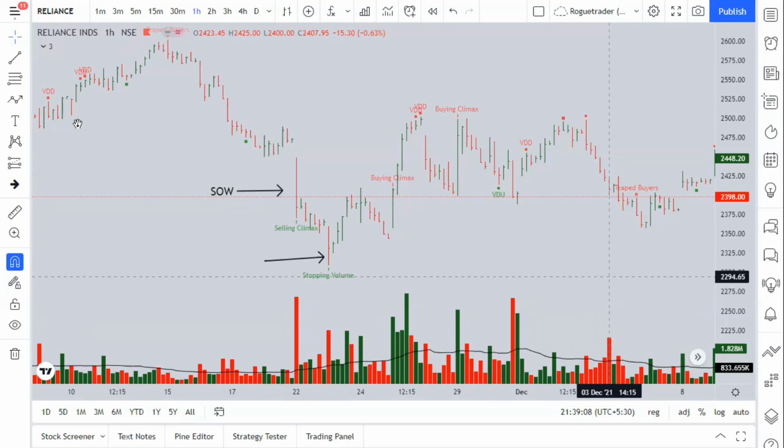As you can see, this is a Reliance 1 hour time frame and this is your selling climax. This is a signal of weakness. Selling climax and stopping volume are both considered signals of weakness where buyers are entering the market. You got one signal of weakness as a selling climax, and again you got a stopping volume. It is a clear sign that buyers are entering at these levels, and the market is going on to higher highs after the stopping volume. This is also one of the really good examples. What you can do is go ahead, apply the indicator and see where the stopping volume is occurring.